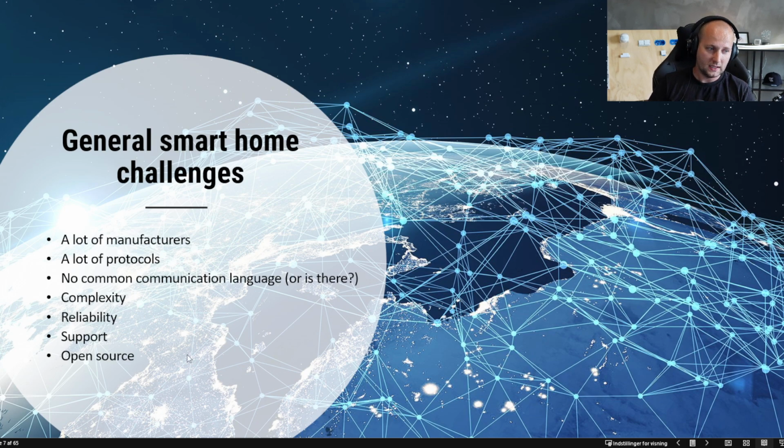But the challenge again with open source is there's no guarantee that your system will work in a month and so on. So you need to be the expert out there to know what to do and not to do. And I'll try to give you an idea of, or at least my solution for, how you can create a very nice, stable smart home installation that also works with third-party systems, which is not Shelly.